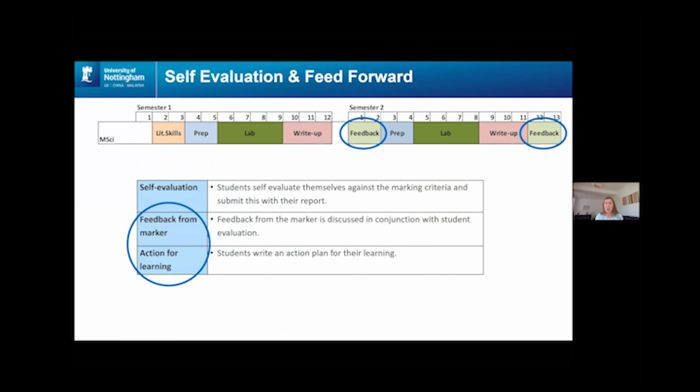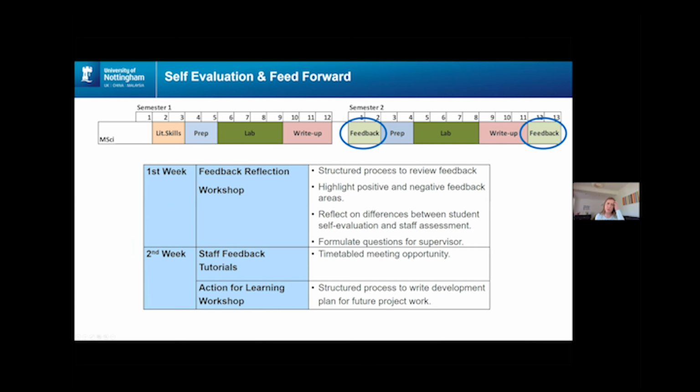They then got feedback on their reports at the beginning of semester 2, or after the project, or at the end of the year, and we then had a workshop, a structured review of feedback. I got them to go through, highlight positive and negative areas from their project, reflect on the differences between their own self-evaluation and the staff assessment, and then formulate questions for the assessor. They then had timetabled tutorials to discuss those questions, and then we had a further workshop where we said,